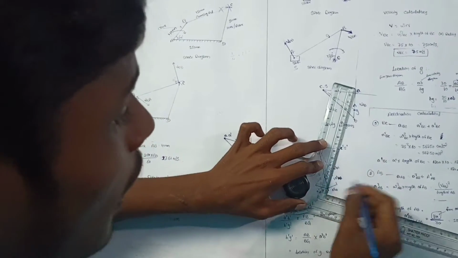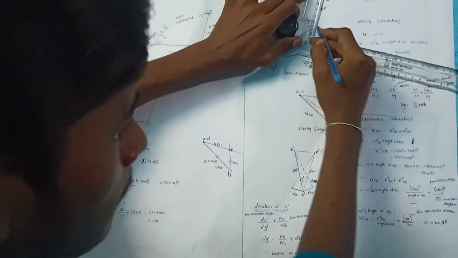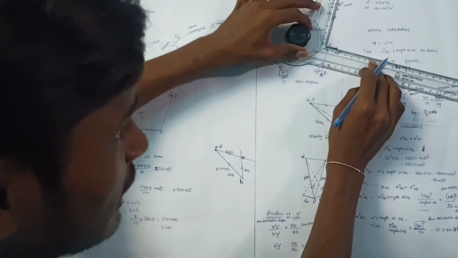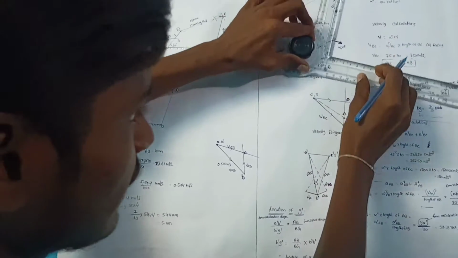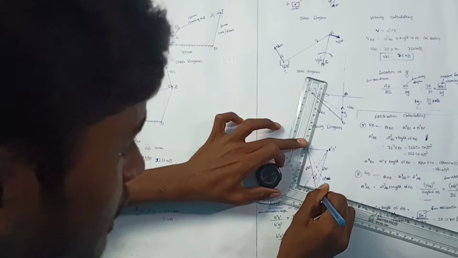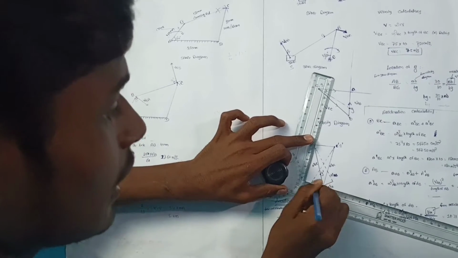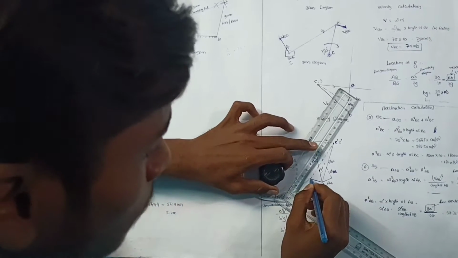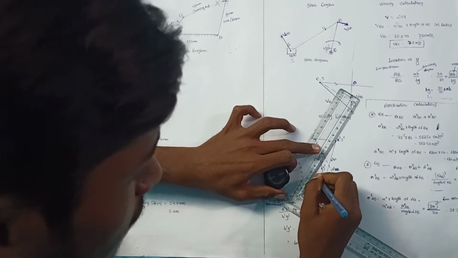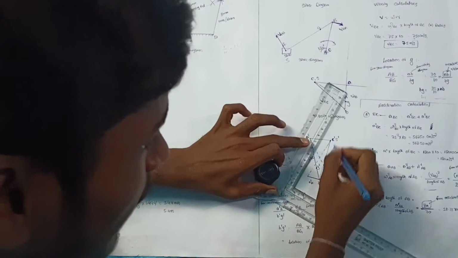We can draw it. After that, next is the tangential component. Tangential means perpendicular. So now fix a drafter scale in this direction, then come to the point B, and we get B dash here, which is perpendicular. So we can draw it like this. After this, we join the two links by dotted lines. So next we get this diagram.